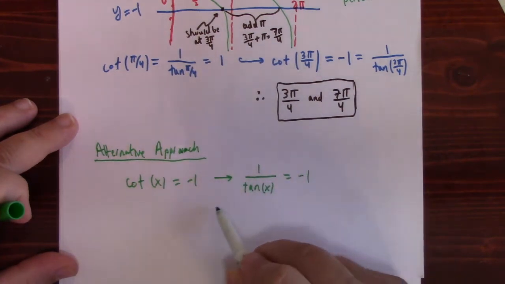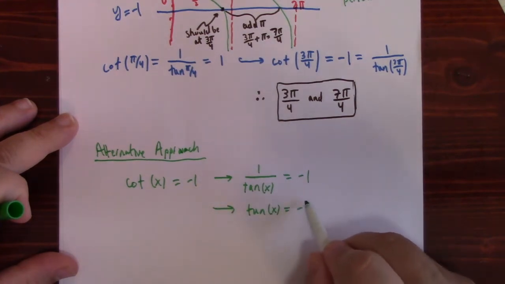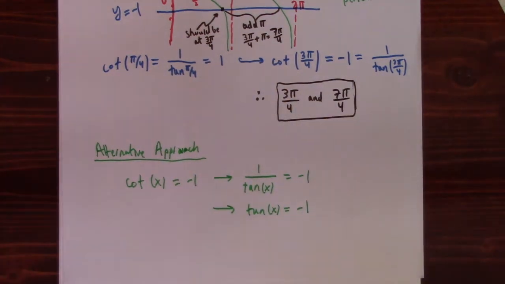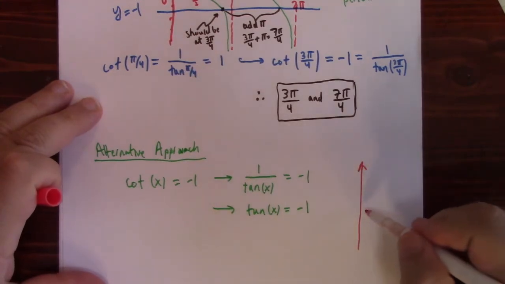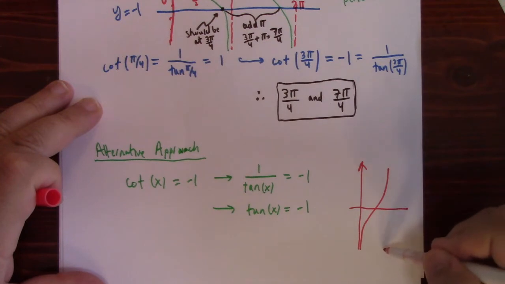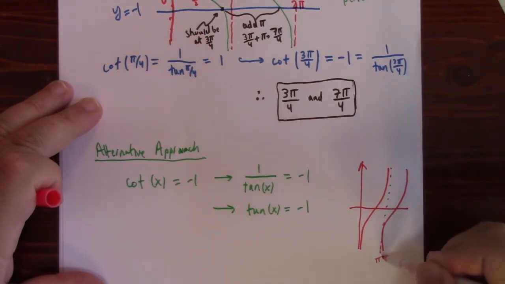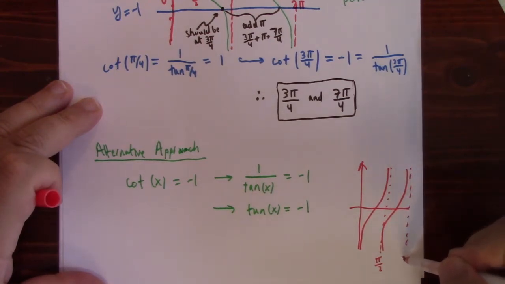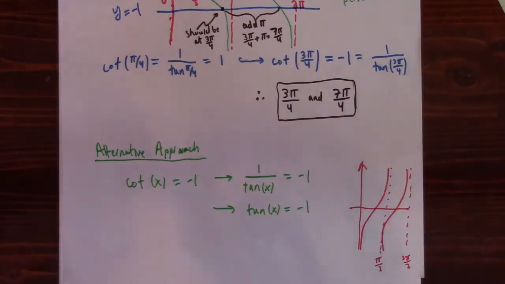equals minus 1, which is of course the same as tangent equal to minus 1, right? And then just to give you a lightning speed tour of that solution, it looks something like, well, tangent does this, right? Whee! And it's got that pi over 2, right? 3 pi over 2. And so when you go through minus 1,